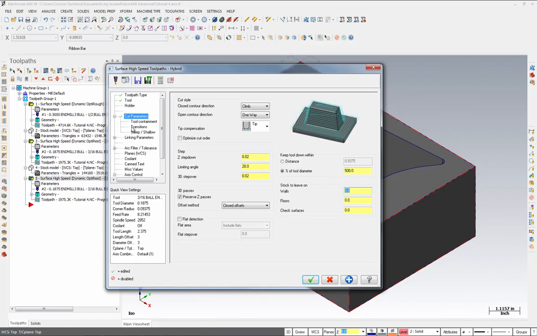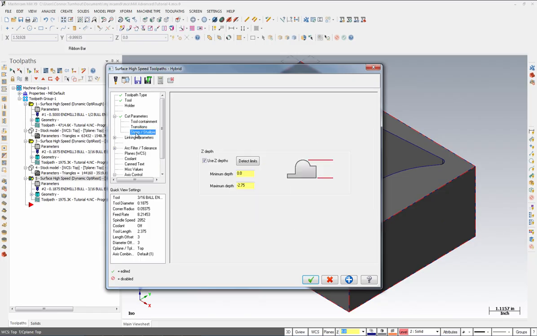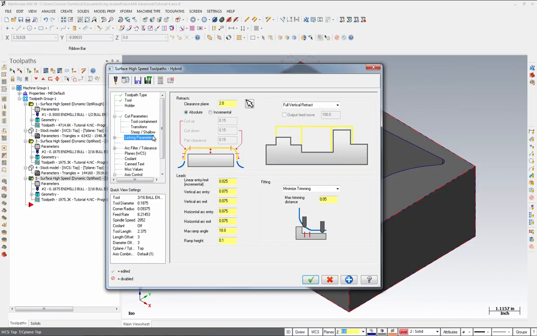Come over to the left hand side and select Transitions. Make sure that the default values are the same as that of your training tutorial. Select Steep/Shallow. These should also align to that of your training tutorial. Make sure that Z depth is turned on and your maximum depth is negative 2.75. Come over to the left hand side and select Linking Parameters. It is important that we change any of these values to match that of our training tutorial